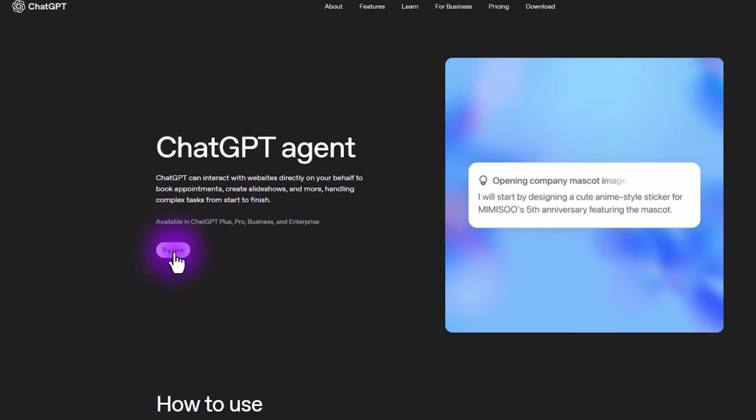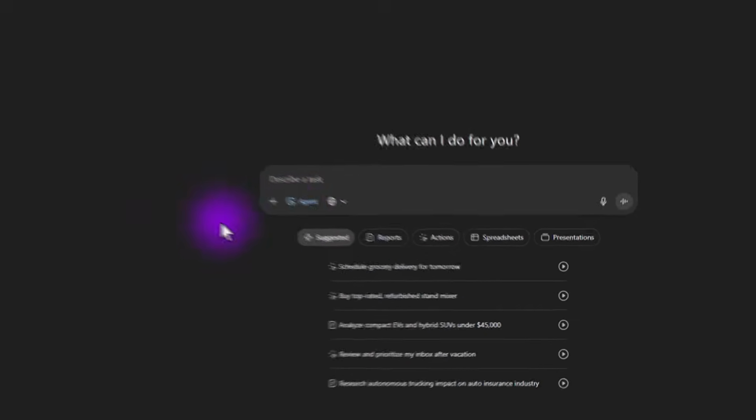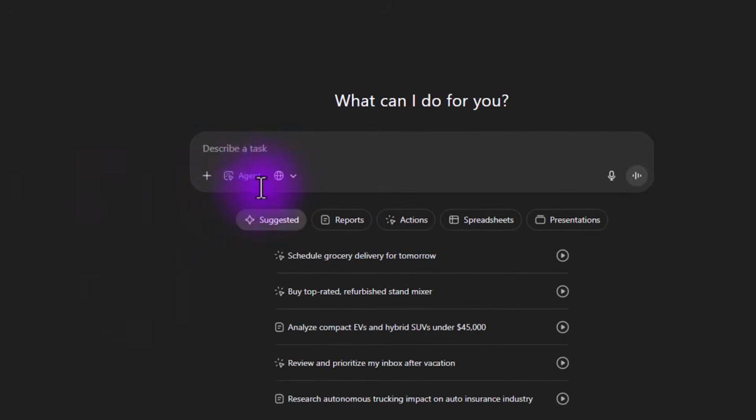In order to use this, go to chatgpt.com/features/agent and then come down to the Try Now button. Once you click that, you can identify that you're in Agent Mode because of the agent tag right there on the screen. When it comes to ChatGPT Agent Mode, there's a bunch of different ways that you can use this, but I'm going to share with you some ways that I use it, and hopefully that will help spark some